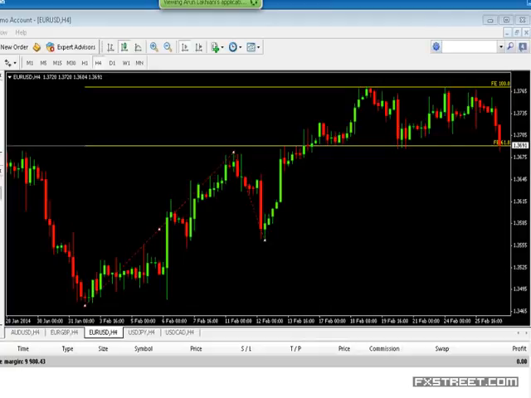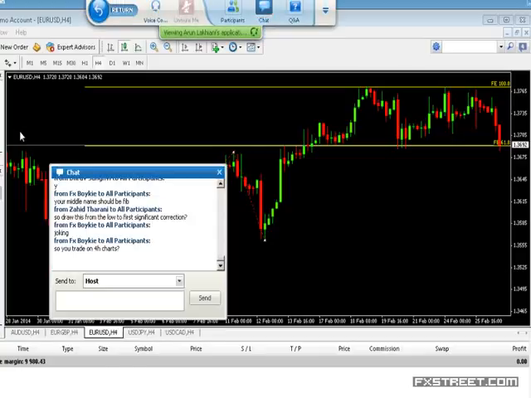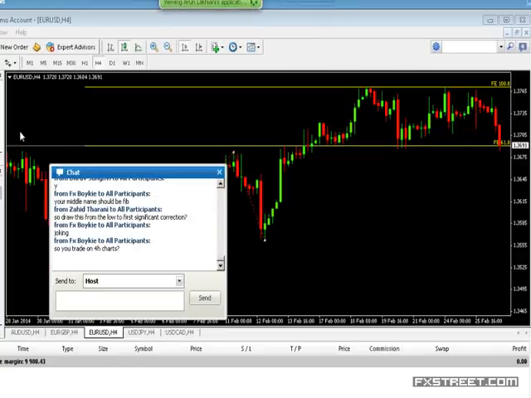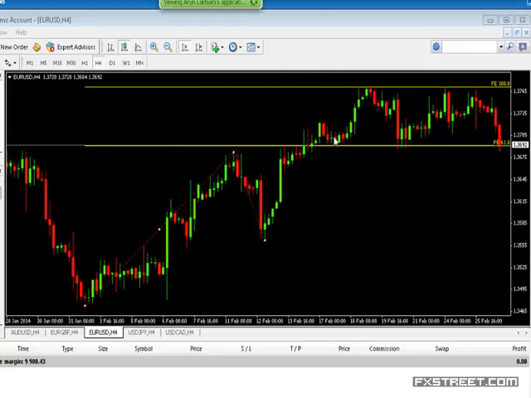So FX Worky was asking me, is it good to use fib levels in range trading? It's pretty clear that this range is directly related to fib. So as soon as it broke here, it's been trading in this particular range. And if you look at this particular level, if it breaks 61.8, we're looking at a correction at least of up to here. No, I generally don't use lower time frames on fib, but